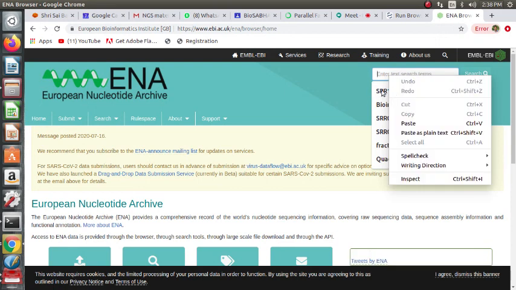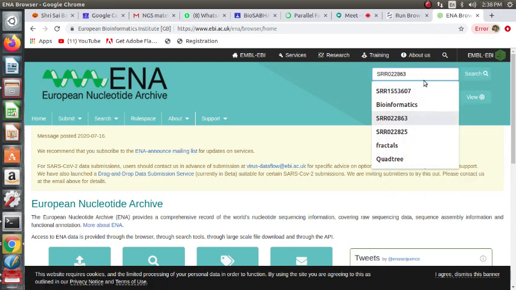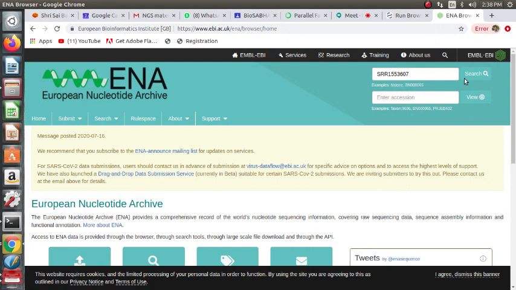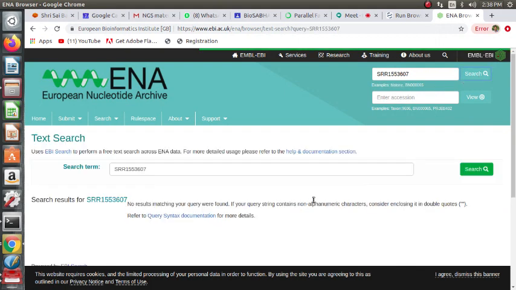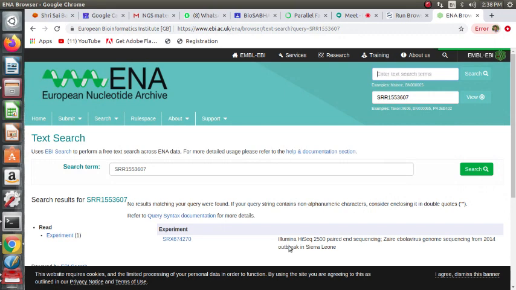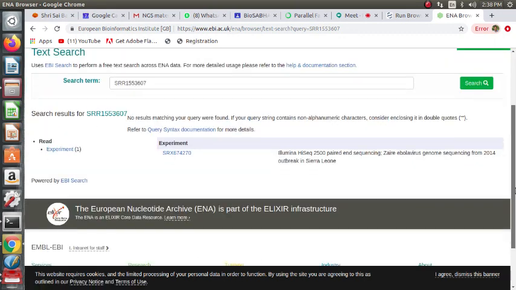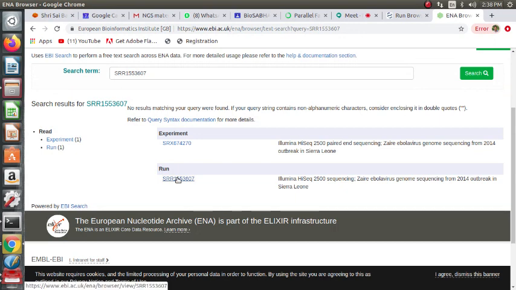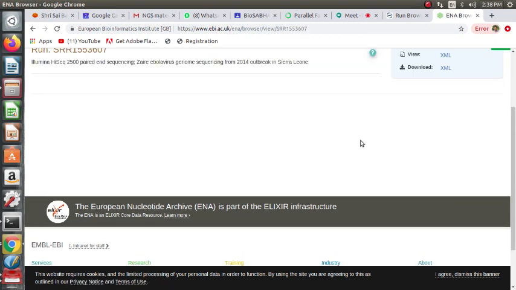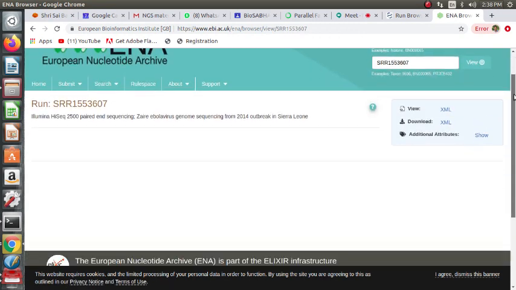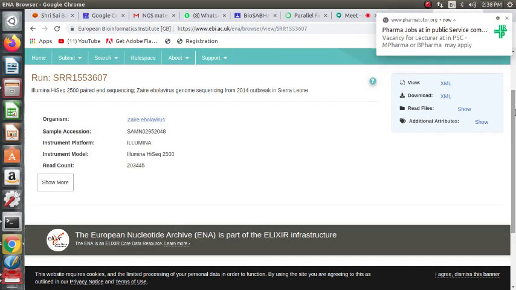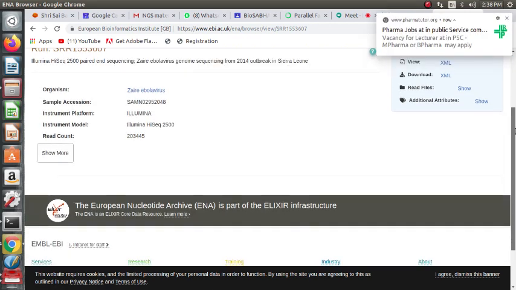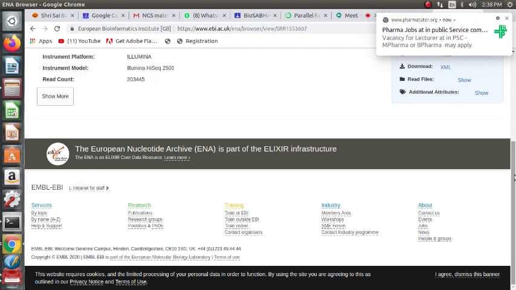SRR1553607, I put search. So in the accession, we get this run here, and as we can see in the European Nucleotide Archive, the FASTQ files are directly mentioned, like the FTP website.